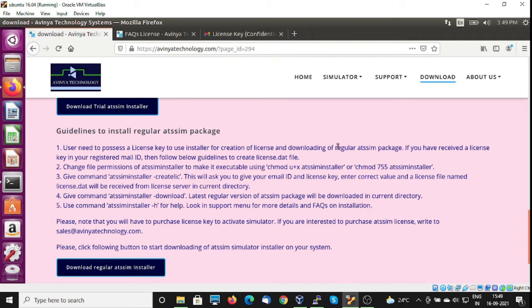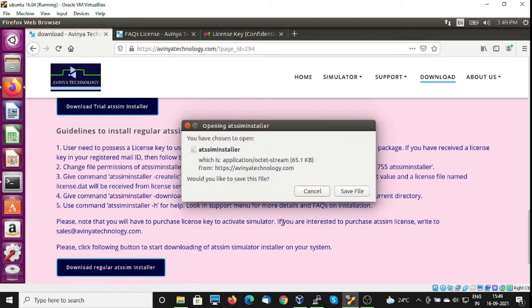So now we shall start by downloading our installer program. I will click this download regular ATSM installer button. You have chosen to open this file.